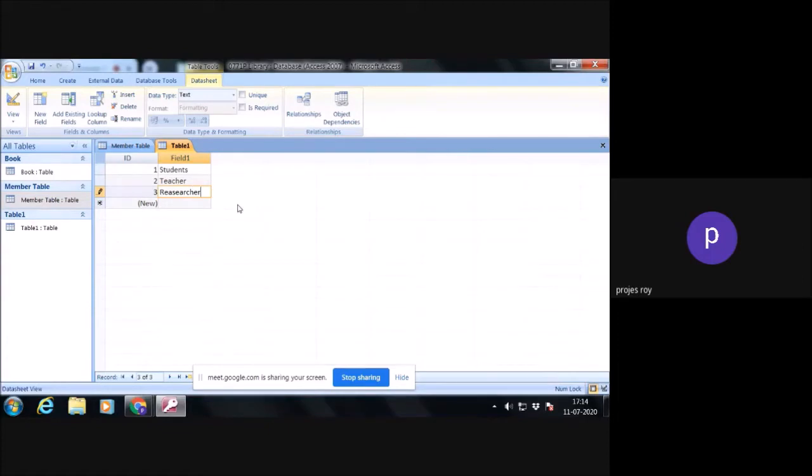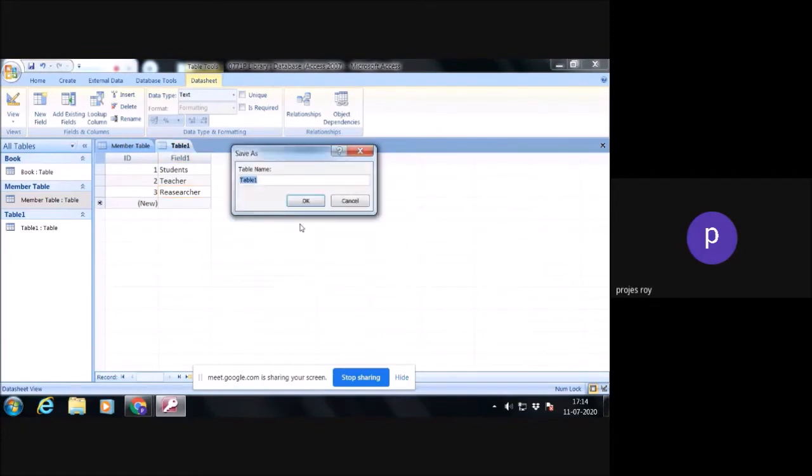Save the table as category. That will be fine.